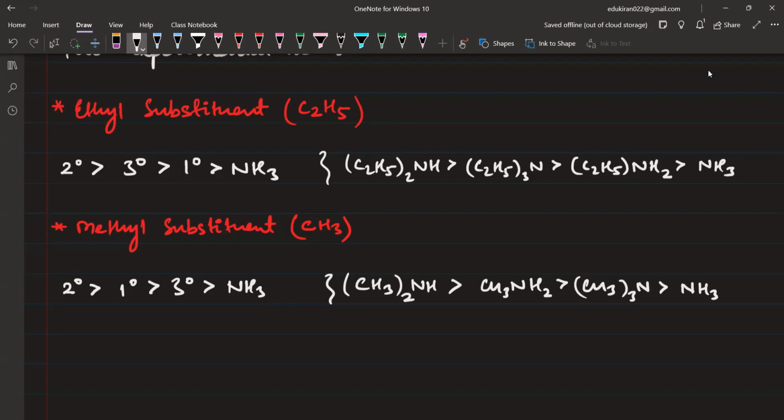Raise your hand once you're done. इसके बाद आप लोग लिखिएगा aniline versus amine